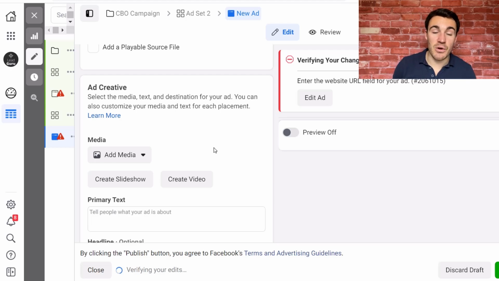So test both if you're at all unsure, but that is hopefully some guidance and direction around where you should at least start focusing your efforts, where the majority of your creative time or budget, if you're getting professionals to do it for you, should be spent. And yeah, hopefully that's useful.